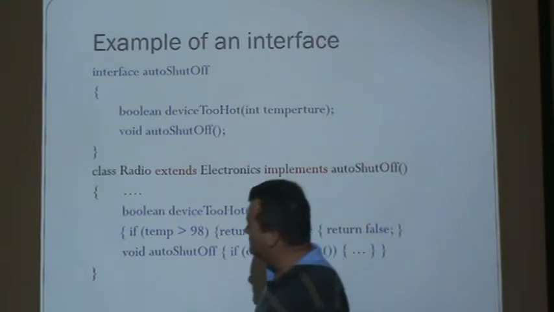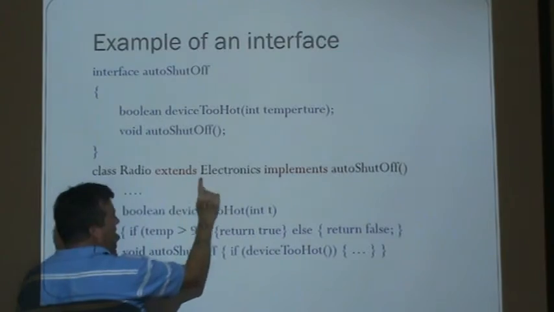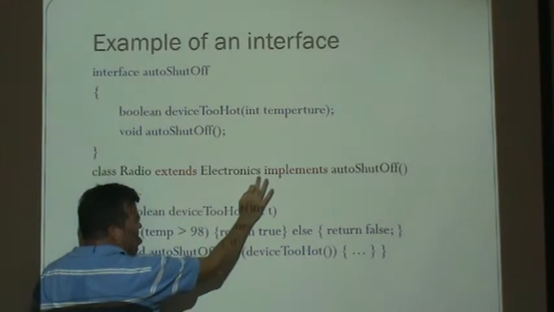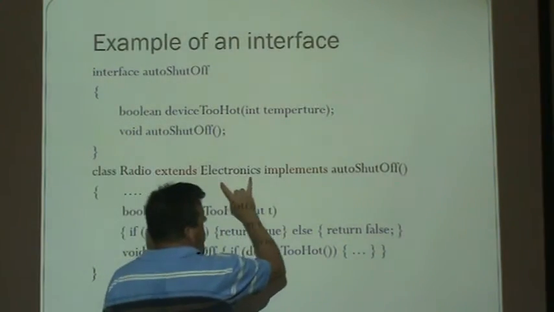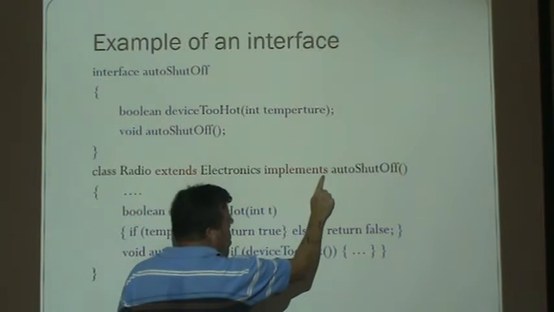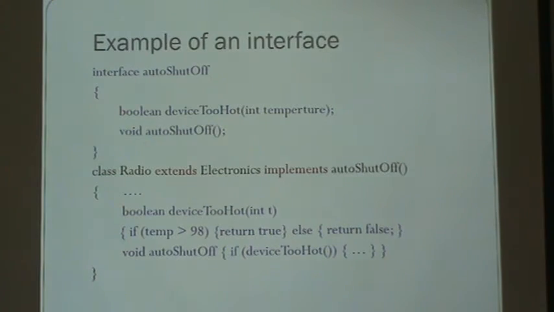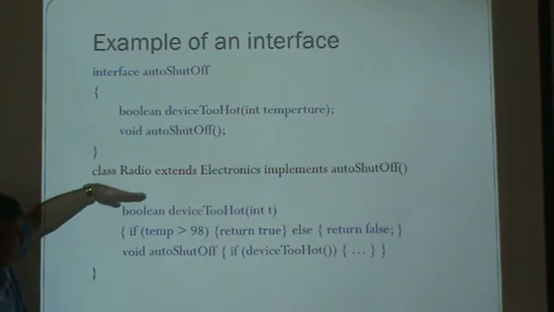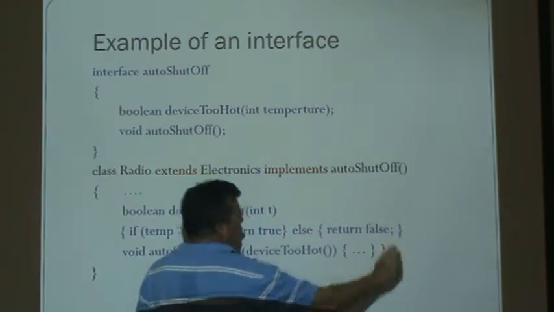So for example, we could say class radio, like we had before, it extends, meaning inherits from, electronics. You can only inherit from one class. And then in addition to that, it doesn't extend, but it implements the auto shutoff feature. So then we put in features about a radio, but because we implemented auto shutoff,